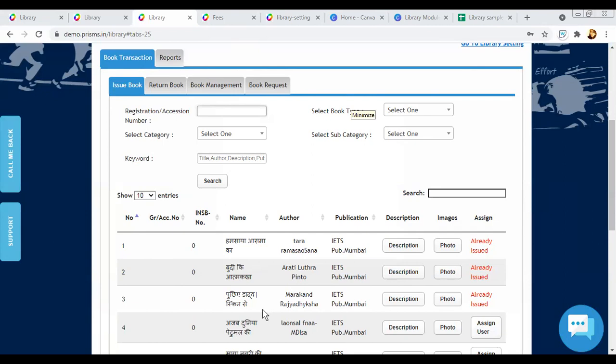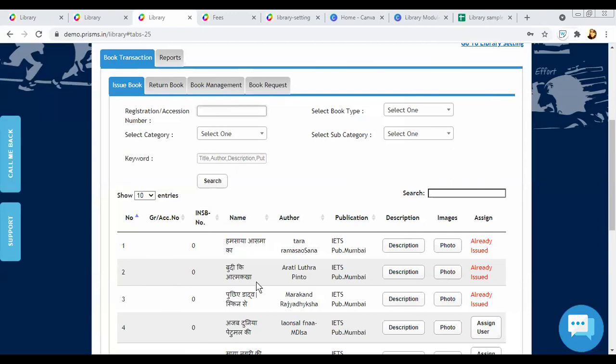So you can start using this. If you want the Excel from us, I'll share the link in the chat. You can send us your books in Excel, we can add it and give it to you, and then you can start using this.